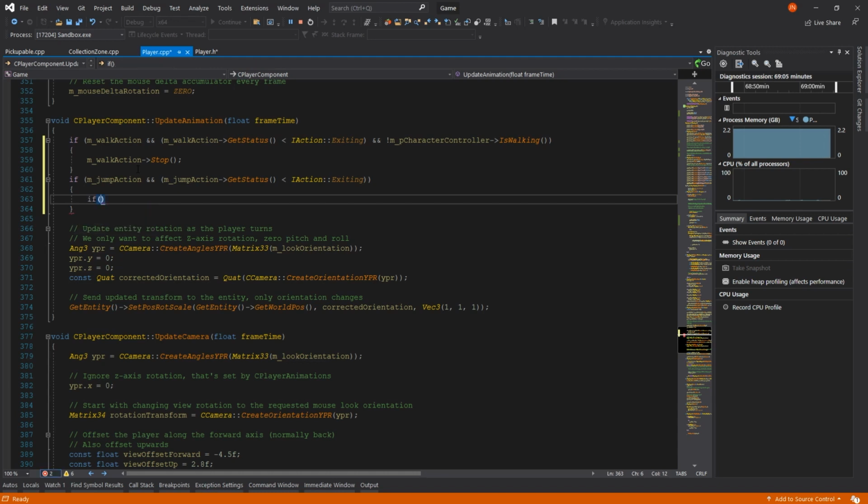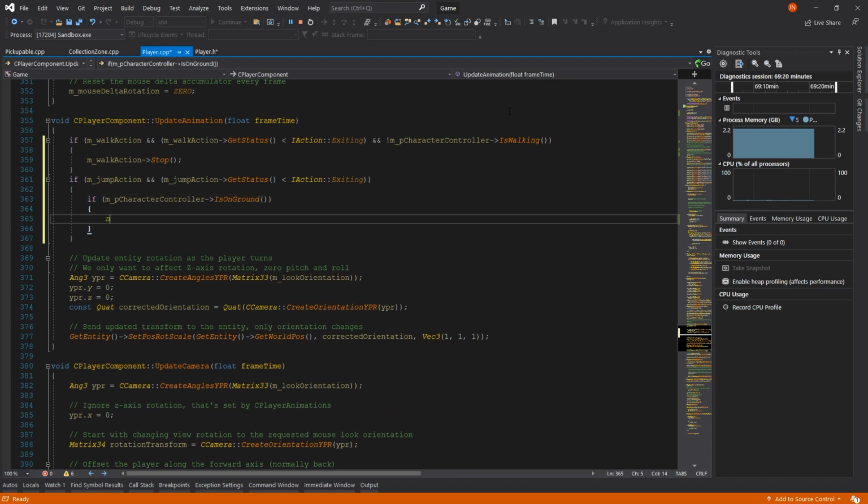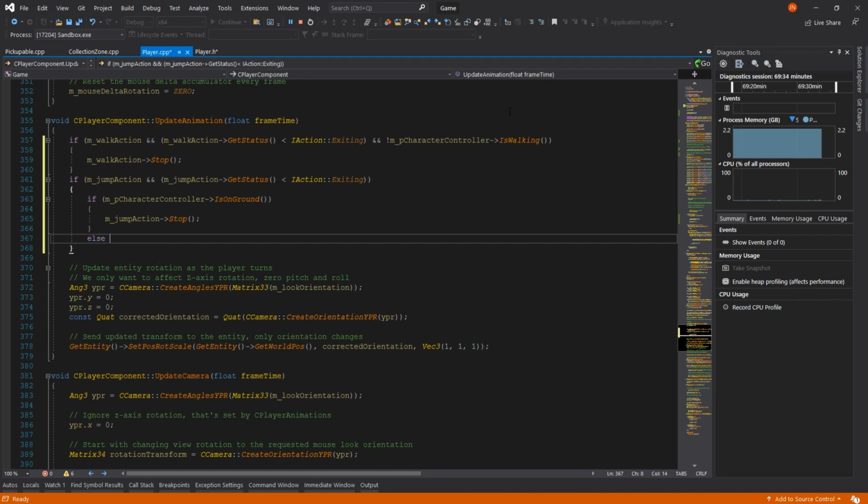So inside that we want to do an if underscore p catch controller and is on ground, and in this scenario jump action we can just stop it, and in the else